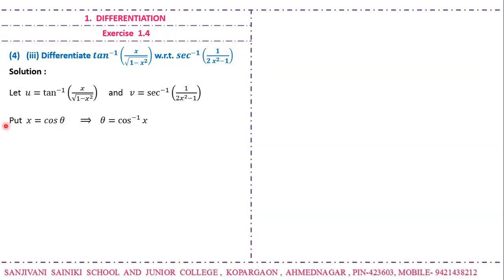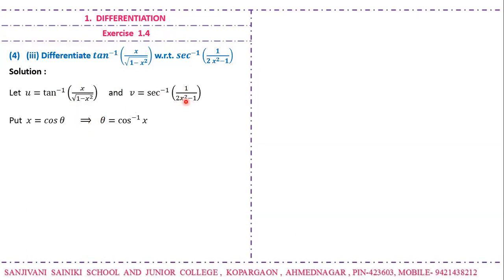Now why are we putting x is equal to cos theta? So 1 minus cos square theta is sin square theta, and its root is sin theta. Cos upon sin is cot theta. Instead of cos theta, if I put sin theta, then directly I may have got the tan inverse of tan theta. But at the same time, we have to look here.